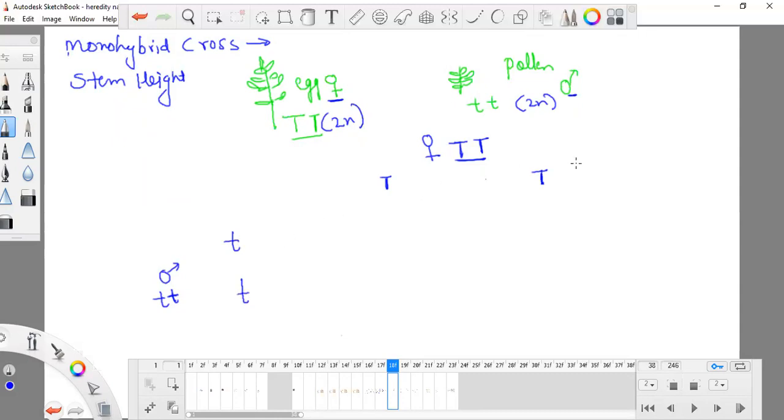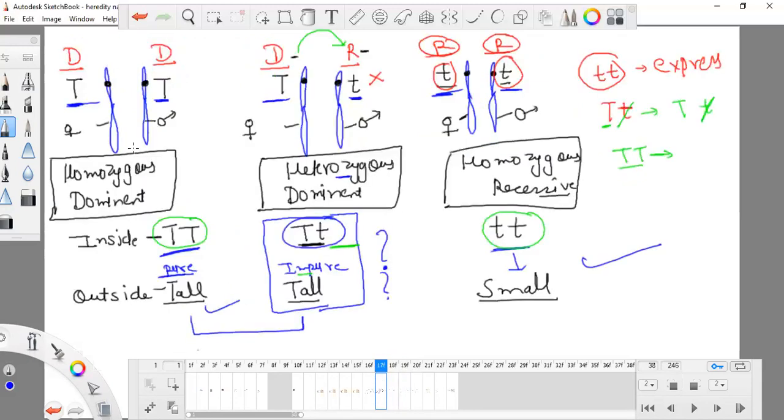Now these cells are specific cells. You can write that these are eggs, and you can also write that these are pollen. So eggs and pollen have half the number. The same thing in humans, or in animals, they have half the number. So pollen and egg have half the number of chromosomes. What is the meaning of half the number of chromosomes? This is the double number of chromosomes, and when I consider half the number, each and every time I say that it gets one from its mother and half from its father. So that is the thing.